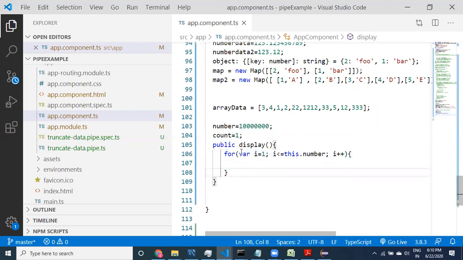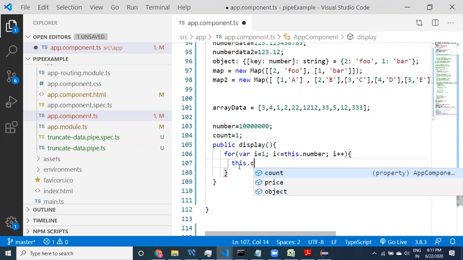Now here I'm going to take count equal to i value.